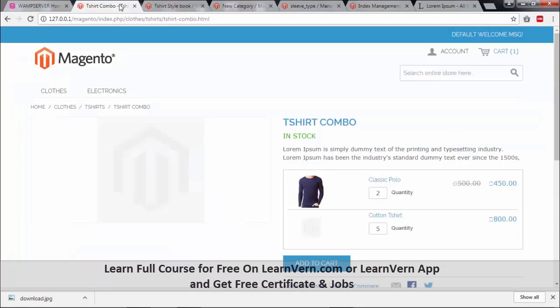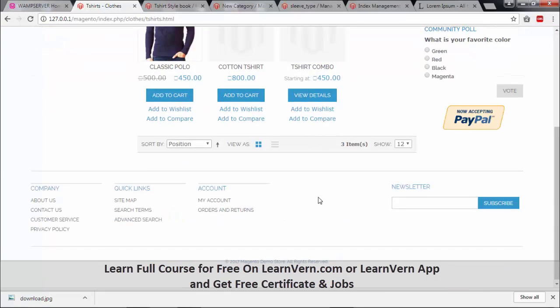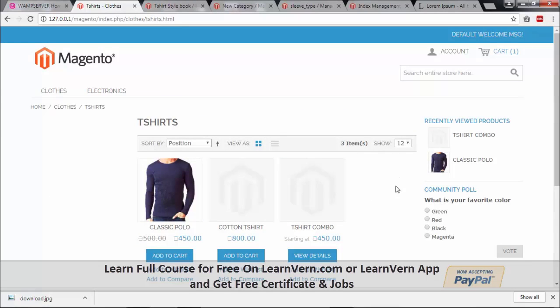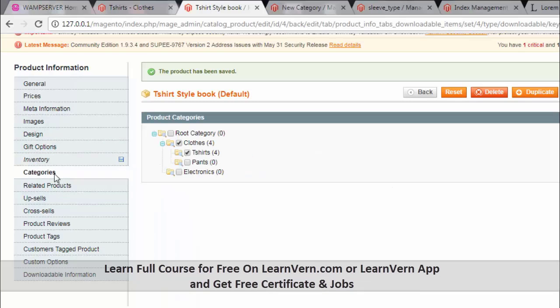Okay, now go to the category again and you will see the downloadable product is added. Okay, the product is not here, means we have skipped some of the mandatory fields which I just told you about. So we will go back to the product admin and see what we missed. So if we go to inventory, we haven't selected the quantity, so I will select the quantity to be 50 and in stock. So just check that you haven't missed something else and click on save